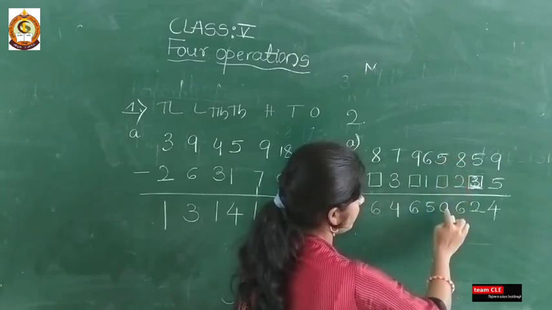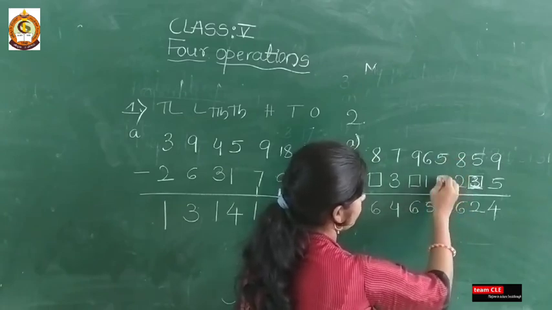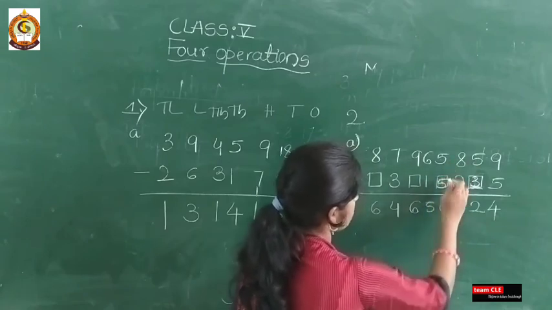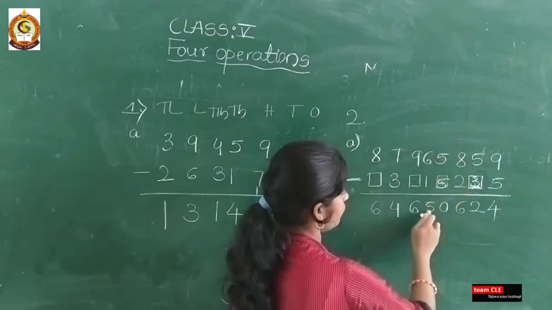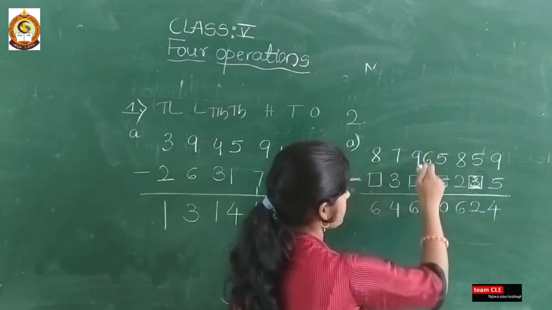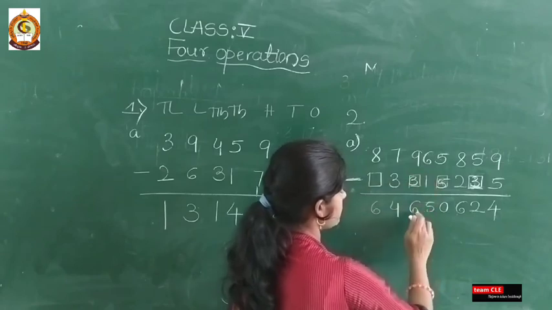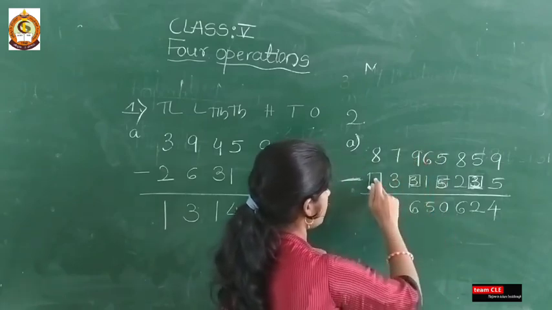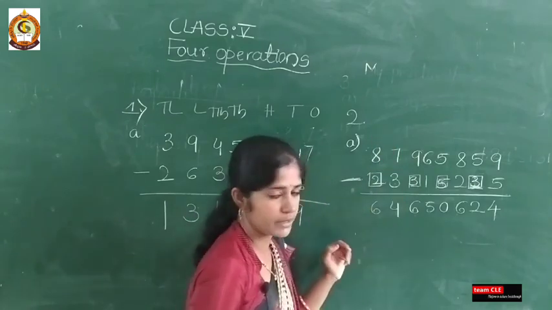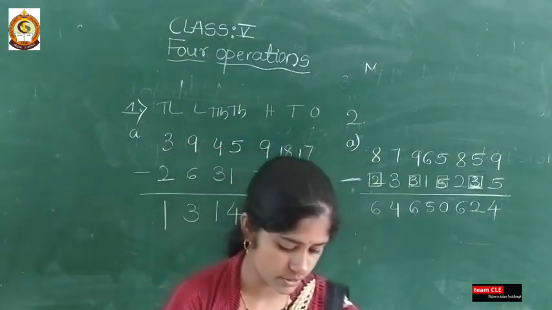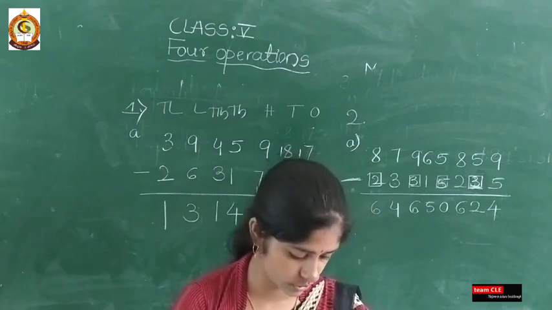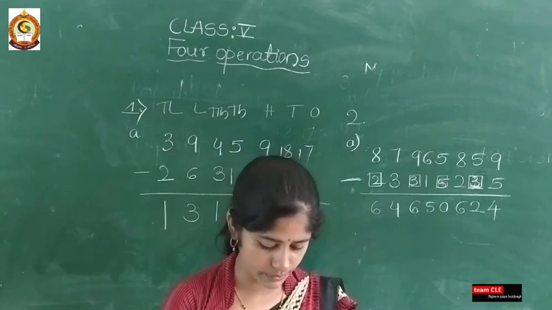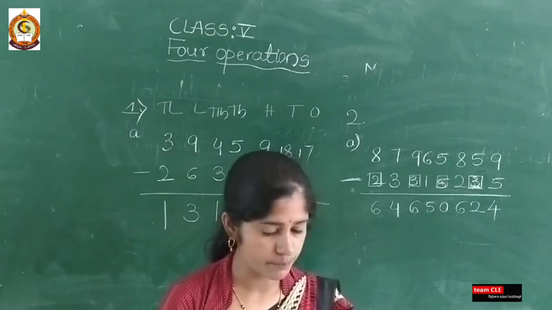Then 0 minus 0, so what I have to write here is 0, again here you write 0, 0 plus 0. Here you have to write 5, 0 plus 5 is 5, 5 plus 1 is 6, to get 9 from 6 I have to take 3, 6 plus 3 is 9, 4 plus 3 is 7, 6 plus 2 is 8. Means to find the missing letters you need to add here. Okay, so I have solved one example, you solve one more example from your page number 95.